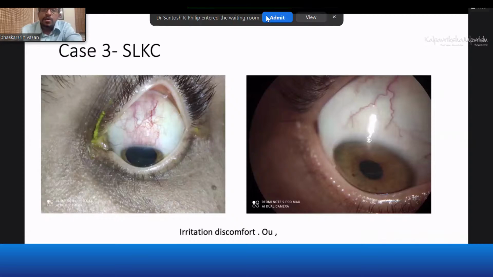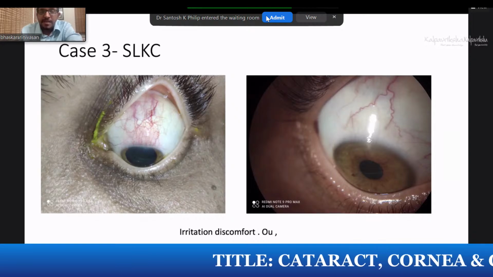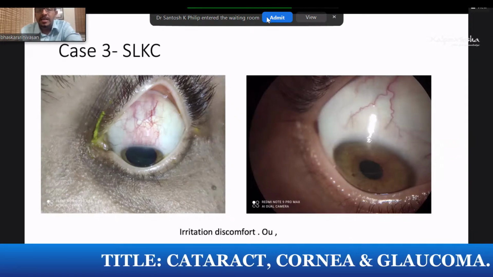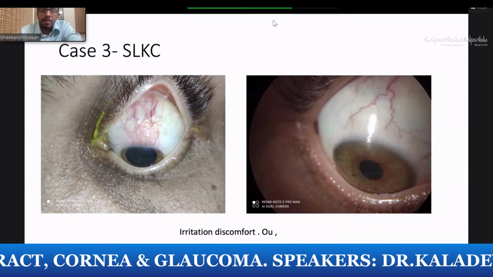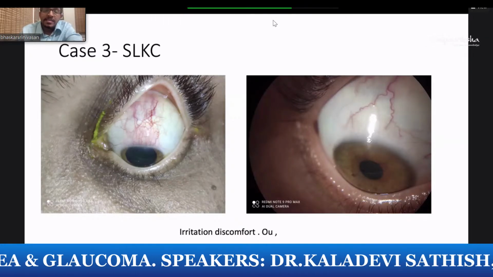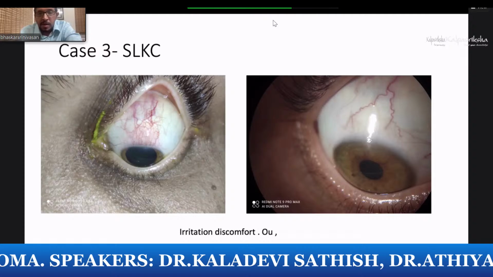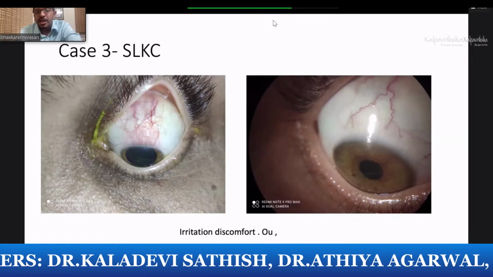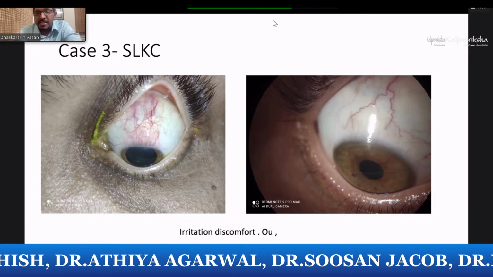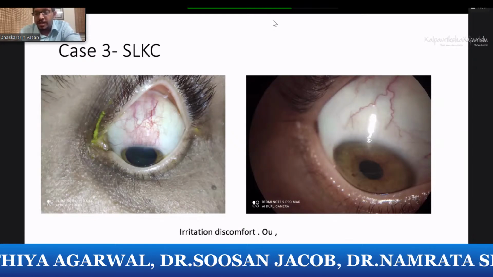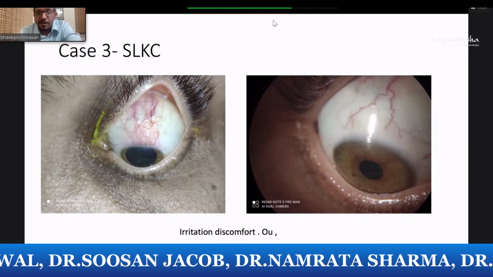Again, like I said earlier, you would need to lift the lid and look at the upper conjunctiva, especially in patients who are complaining of irritation and discomfort. If it is there, you look at the tarsal conjunctiva also. You'll normally have a mulberry-like appearance or significant papillary changes, and you will see a stained superior palpebral conjunctiva along with staining of the superior cornea also. This is what is called superior limbic keratoconjunctivitis, and this is after treatment with topical steroids and topical Restasis, and the patient was comfortable.